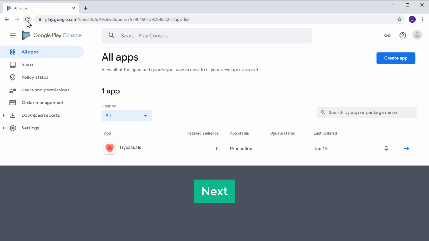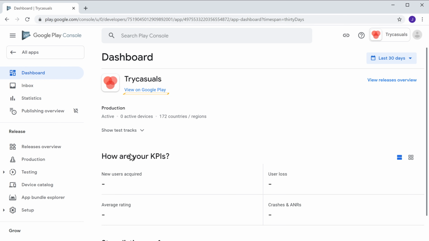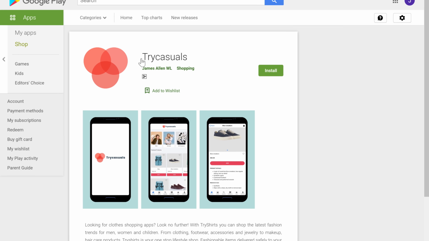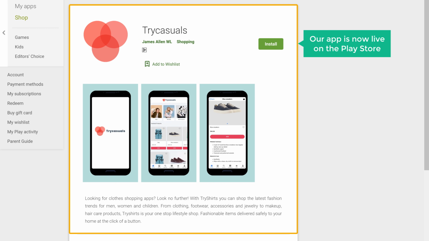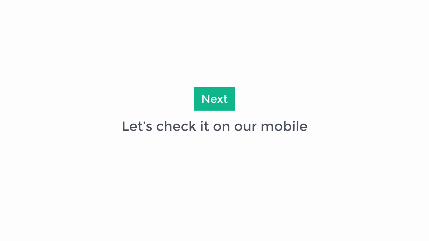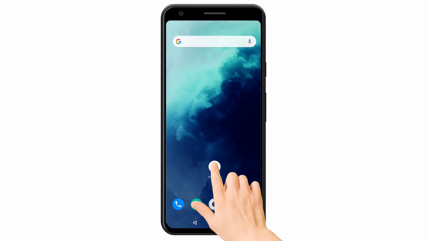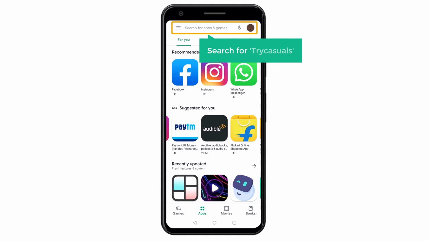So next, let's see how our app appears on the Play Store. So now if we click here and click View on Google Play, you can see that our app is now live on the Play Store. Next, let's check it on our mobile. So now if you open the Play Store on mobile and search for Try Casuals,